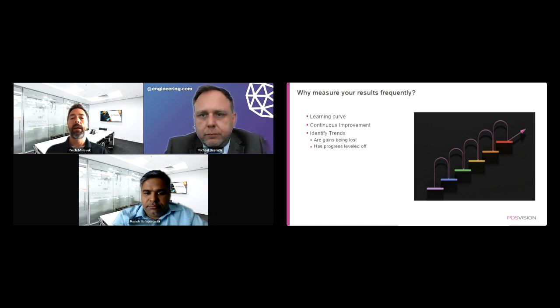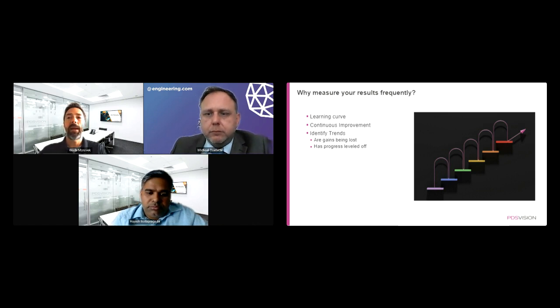Is it that we started to lose some of the adoption? Everybody got to that new way of doing things. They did it a while when it was a big emphasis, and people were on them about, you have to do it this way. And then as soon as people turned their back, maybe we slacked off. Maybe people went back to the old way of doing things. They found workarounds. And so we can address that, and we can catch it before we lose all of that progress. Or maybe it's something else.